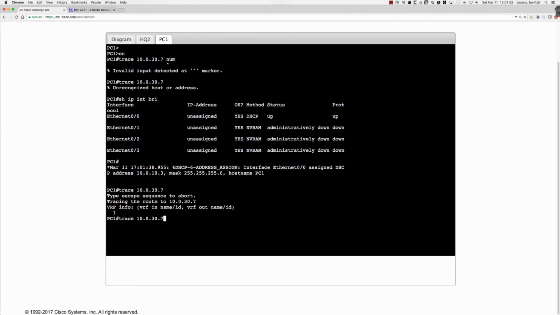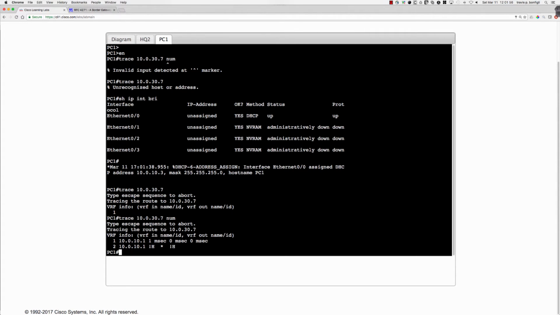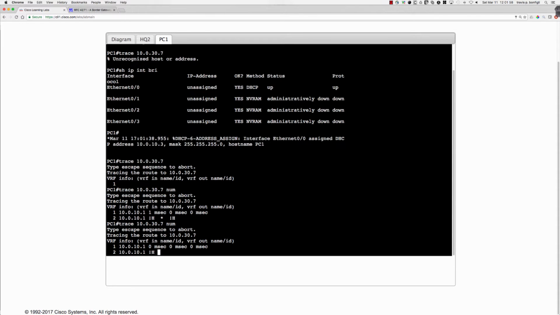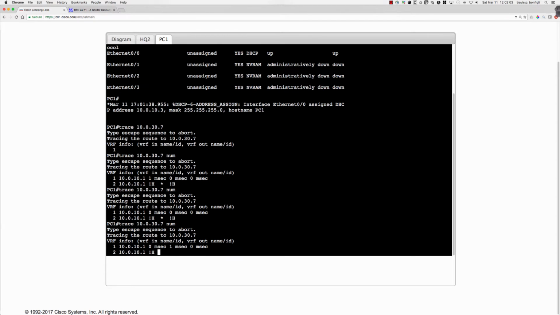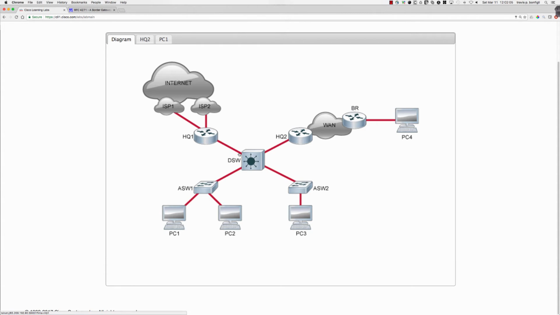Control-Shift-6. And let's do that numeric. And now we're getting to 10.0.10.1. And I'm thinking that we should be getting a little further than that. We should have gotten to 10.0. And it may be that things are booting up here. Let's check